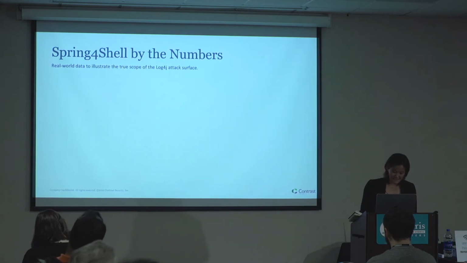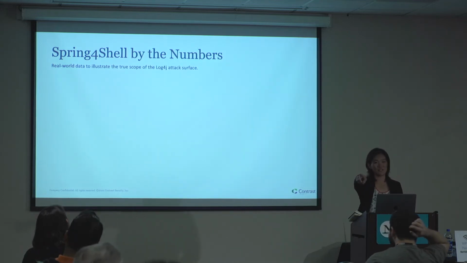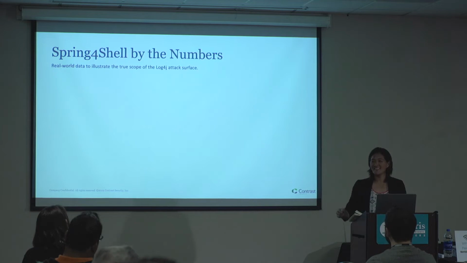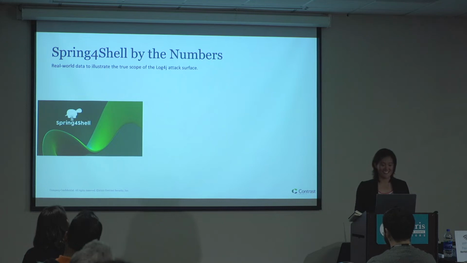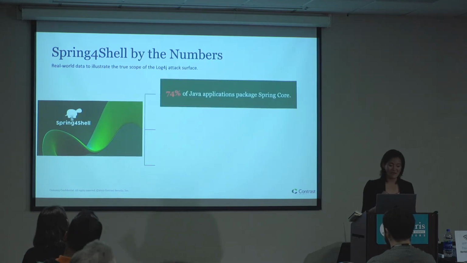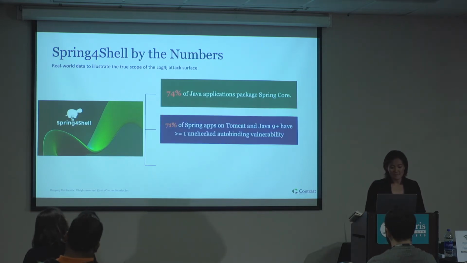All right. So related, Spring4Shell. Who heard about Spring4Shell? You should know about it because it's actually worse than Log4Shell. You probably didn't hear about it, right? Because everyone was freaking out about Log4Shell. Spring MVC. You would think, oh, none of my Java apps use Spring, I'm good. No, it's actually packaged in a ton of stuff. If you take a look, 74% of Java applications use Spring Core. You're like, oh, I don't use Spring MVC, that framework's old. But 74% comes packaged with it.